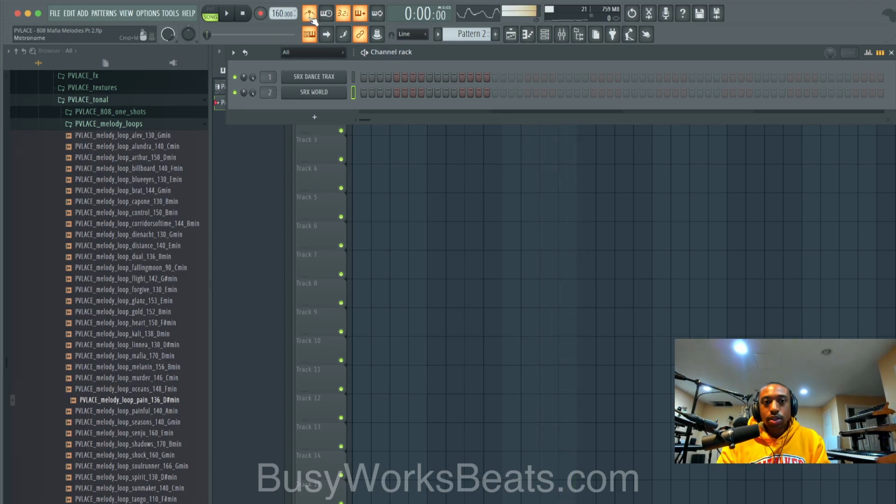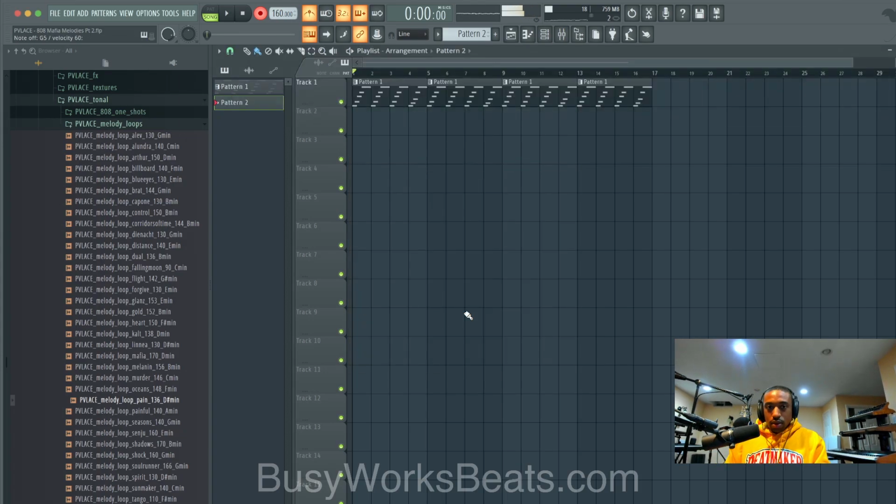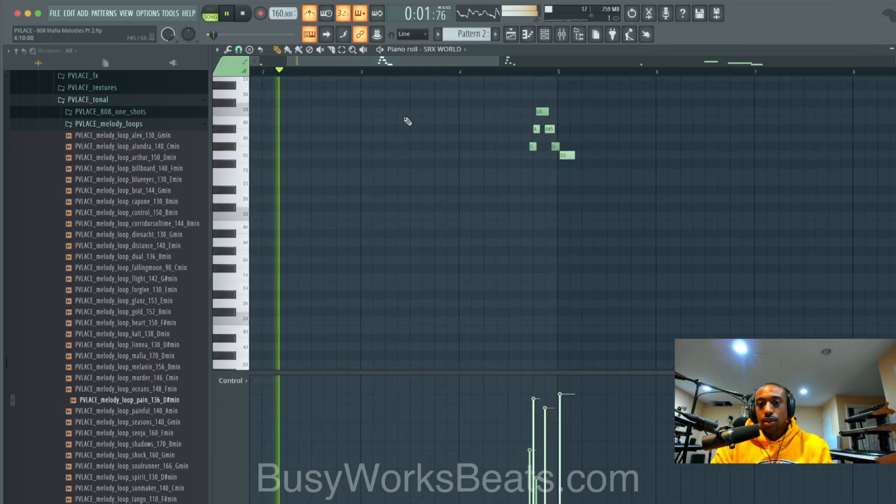So let's use the metronome to make sure we're on track. Record notes and automation. So I'm just repeating that phrase, bump, bum, bum, bump. It's the best part about having real instruments. I could have done that better. I hit the wrong note there, but it's just accenting the turnarounds.